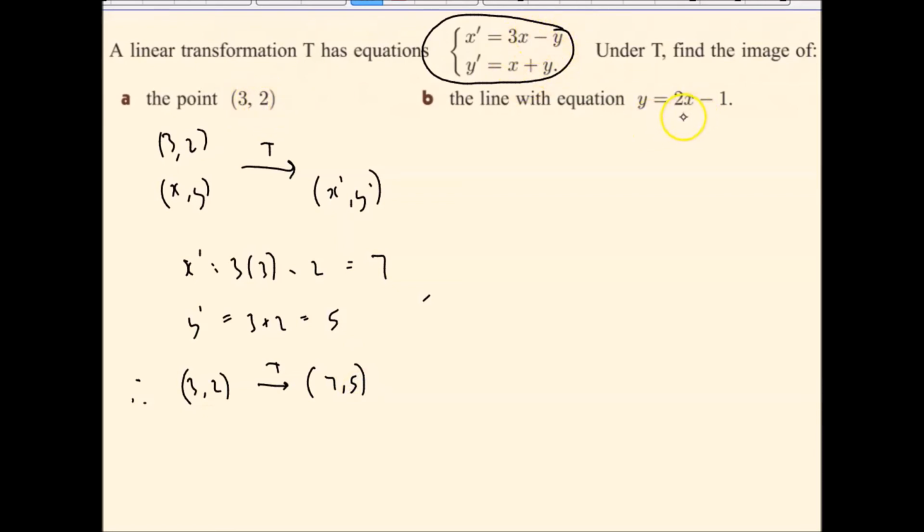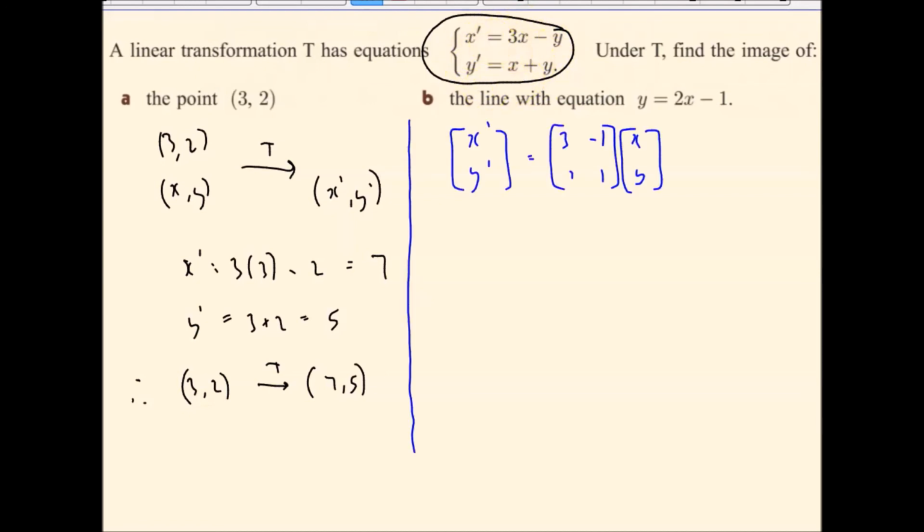So if we know x and y, we can substitute in here. In part B, we don't have any particular values. We do have a function. So I need to work out what x is equal to and y is equal to from this equation. So I need to rearrange this to solve for x, y. Let's write that as a matrix equation first, which is what we have here. Now I need to solve for x and y. So I'm going to multiply to the left here by the inverse of this 2 by 2, and likewise multiply here by that same inverse,